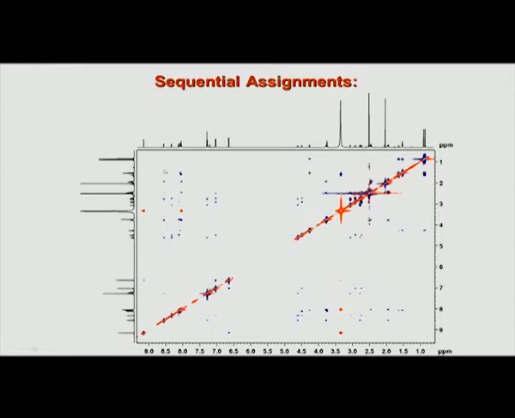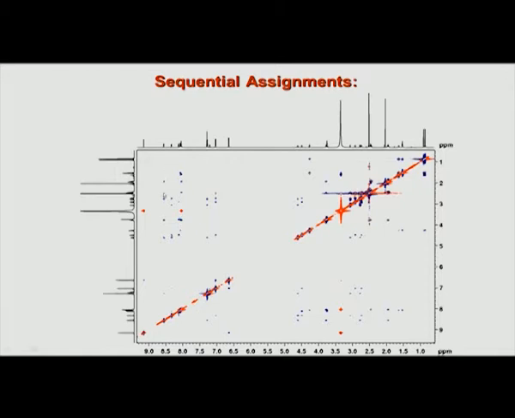So, for example, if I draw a line here, and that corresponds to some amino acid i, which I do not know, but let us say some arbitrary amino acid i, then if I compare with TOCSY, I will get correlations of the same amino acid from TOCSY, but I will get additional peaks as well, which will correspond to i minus 1. Therefore, ROESY helps to identify a dipeptide i and i minus 1.